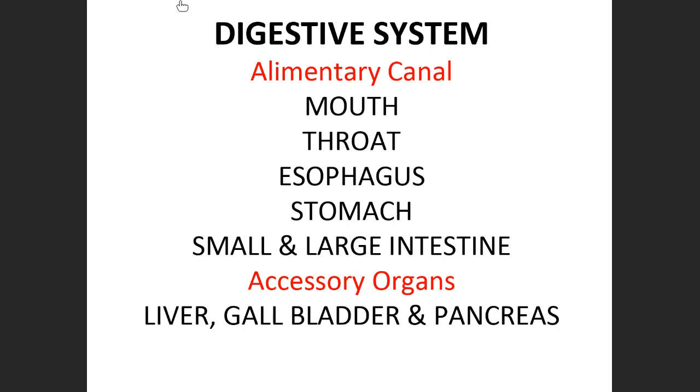And then your pancreas, very, very important. It makes all three digestive enzymes: pancreatic amylase to finish the digestion of starch, pancreatic trypsin to finish the digestion of proteins, and pancreatic lipase, which finishes the digestion of fats. So if something happens to your pancreas, your digestive system is really in big trouble.